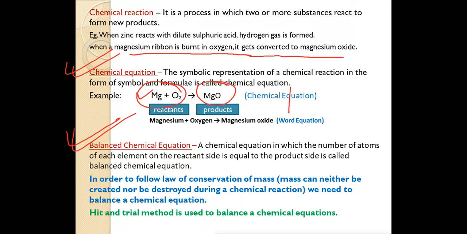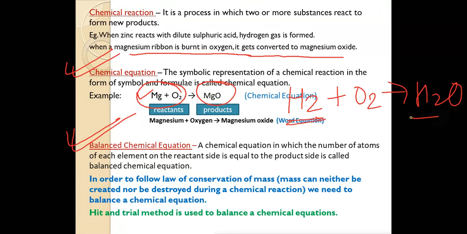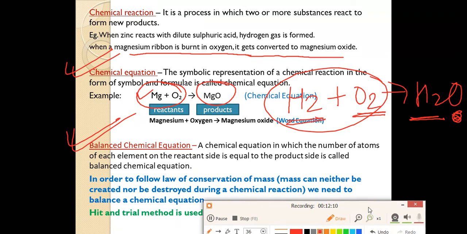For example, H2 plus O2 gives H2O. So is it a balanced equation? No, it is not a balanced equation because over there we have two atoms of hydrogen and two atoms of oxygen, but over here on the product side we have only one atom of oxygen. So the number of atoms on the reactant side is not equal to the number of atoms on the product side. So it is not a balanced equation. But if I will take an example of